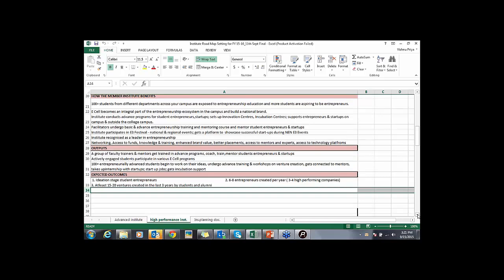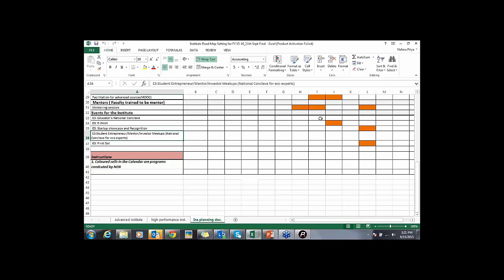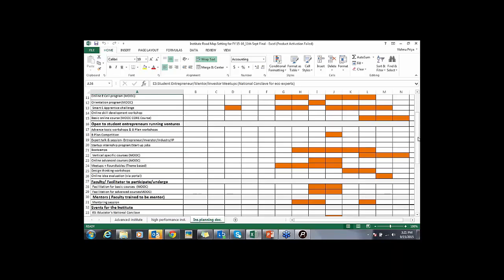Now, how do you track? What is your planning document? Let me take you to the planning document here. This is how your planning document should look. You calendarize your events, and this is how it is. So if you can see,